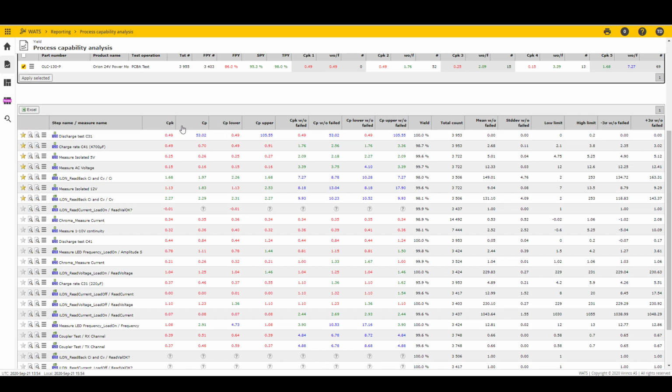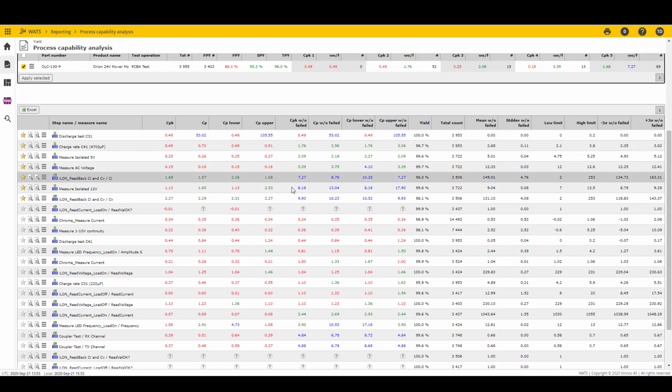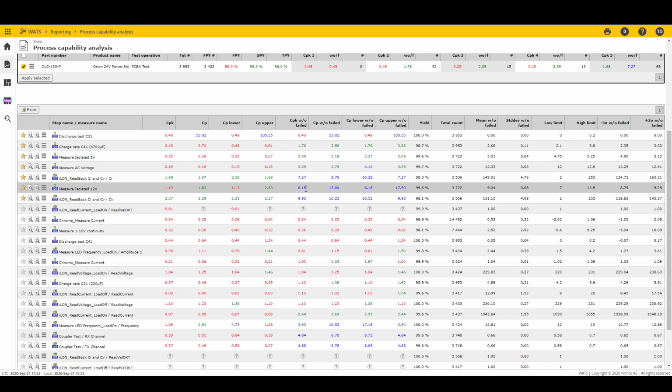So if we look a little bit to the right here, to column number 5, you have the CPK without failed. So when we exclude all the measurements that we know are flagged as failed in the test reports, how does the CPK value look? And there you have some blue numbers. Like this measure isolated 12 volt step, it has a CPK value of 8.18, meaning that potentially you have outlier measurements or larger deviations that are not being detected by the test limits. So if I want to investigate this further, I can click directly on the magnifying glass here,